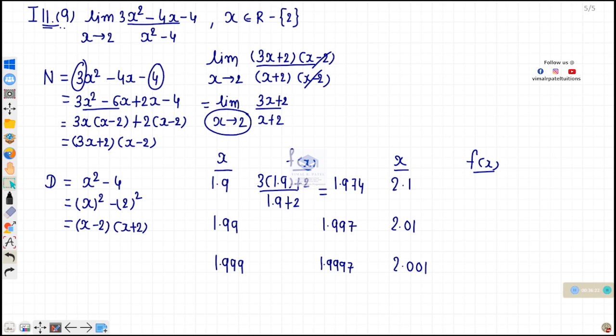Same way here, 3 into 2.1 plus 2 upon 2.1 plus 2, so that is 8.3 divided by 4.1. So it will be 2.0024, 2.00024. So your final answer is